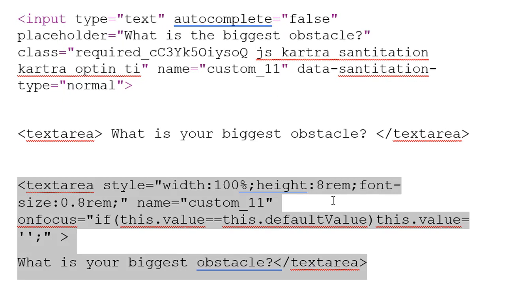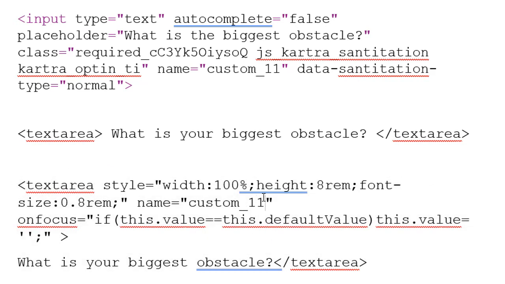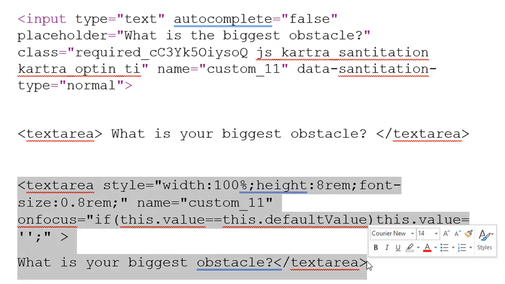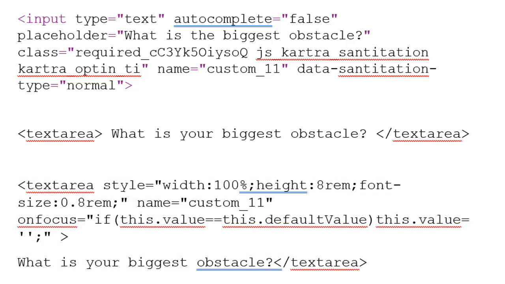So where's my text area? Here it is. There's where the text area starts. You go in and you replace this custom, whatever your number is. If it's 28, you put in 28 here. In my case, it's 11, because that's what I had in there. And I'm going to quickly paste this into Notepad just to make sure I don't have any fancy odd formatting from